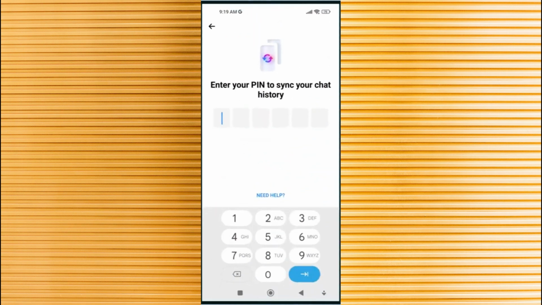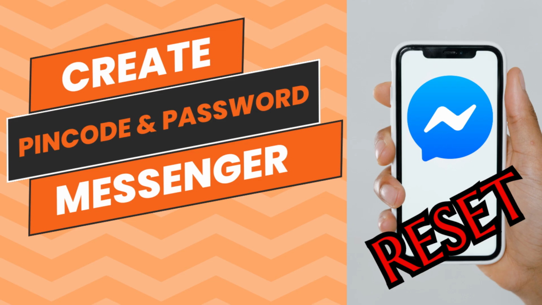Hey everyone, in this short video tutorial, I will show you how to create or reset an end-to-end encryption PIN